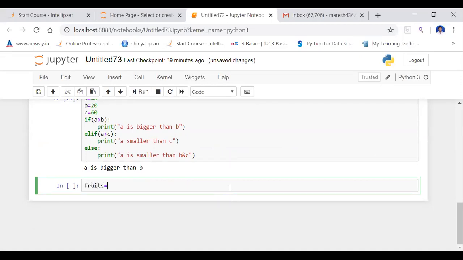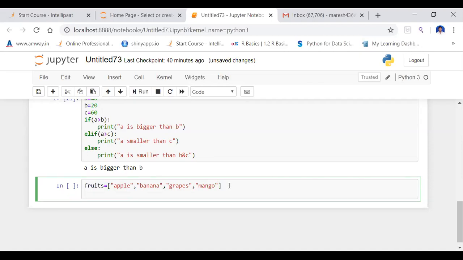My fruits are listed as apple, banana, grapes, mango. Okay, these are my fruit names.